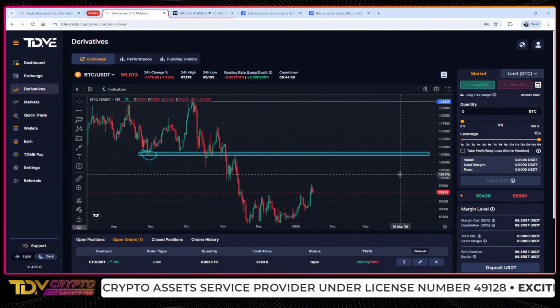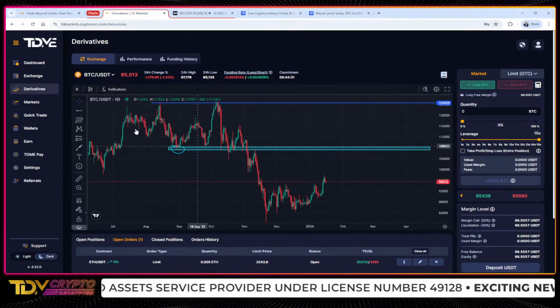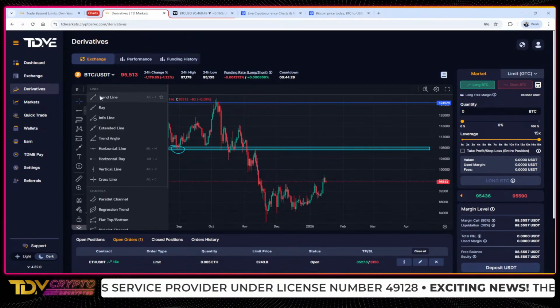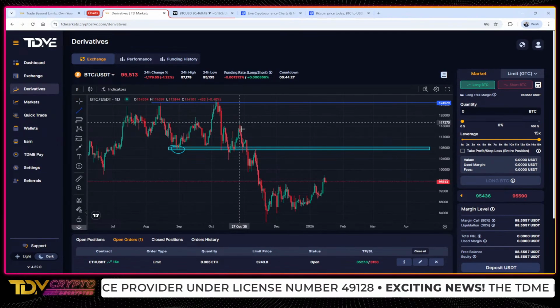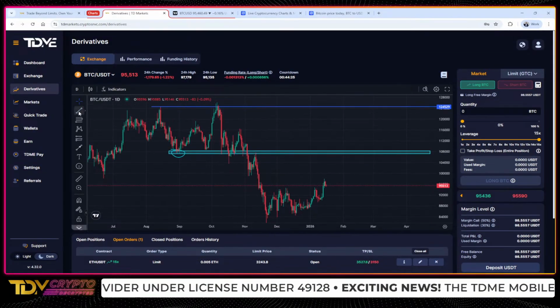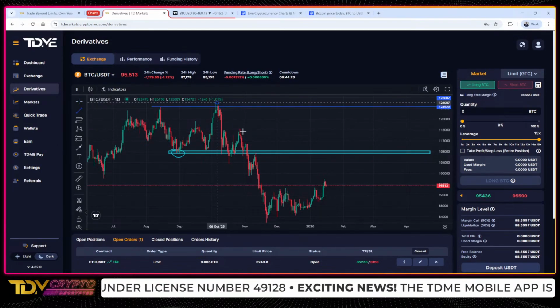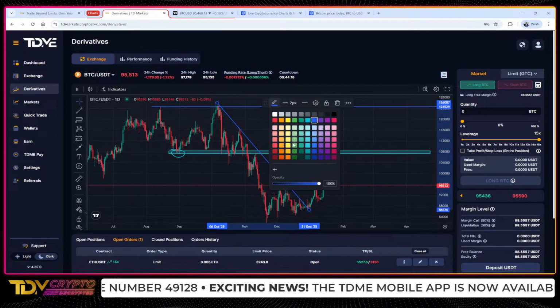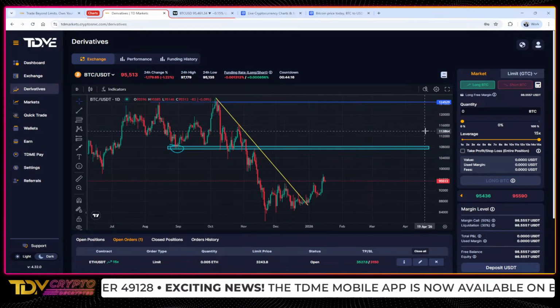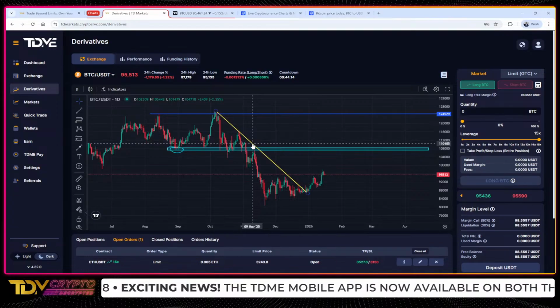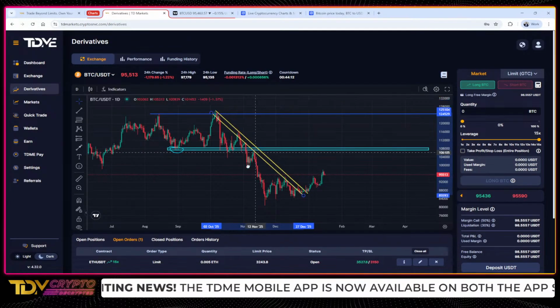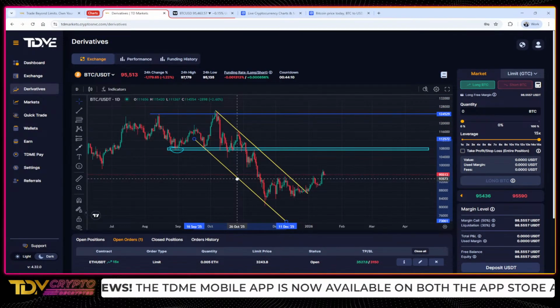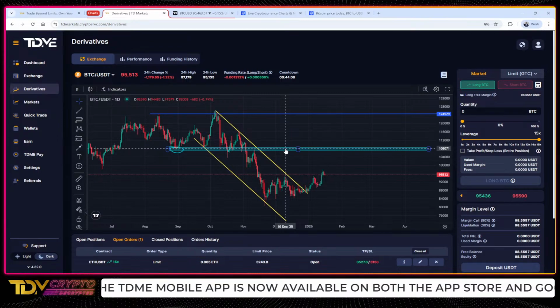Because you will notice that technically, if we look at this chart here, there is momentum that's building towards the upside because this structure has changed, right? Or is changing. So if you take a look at this structure here, this structure is changing. I'm going to change this color also. There we go. This structure is changing. Therefore, this is an early sign that we are building momentum towards the upside.